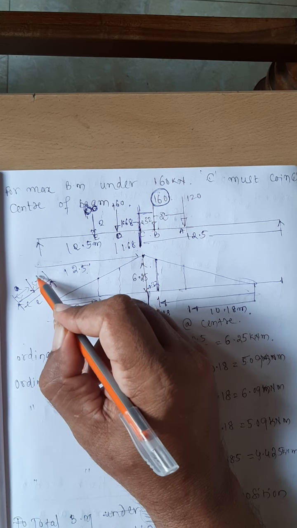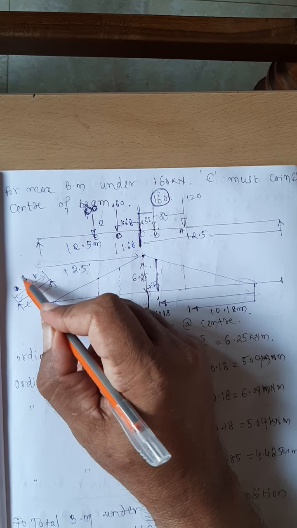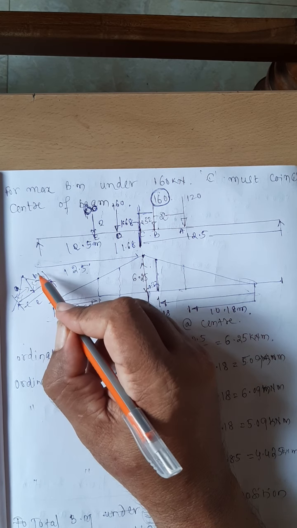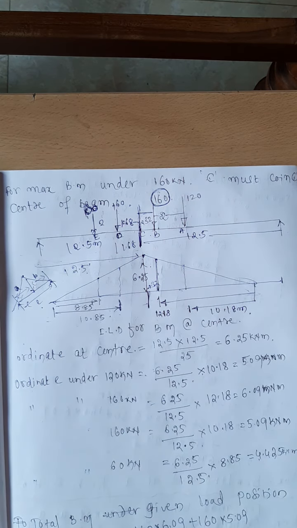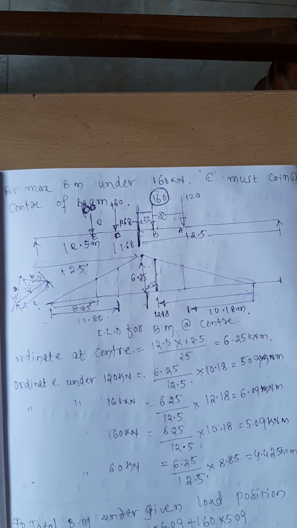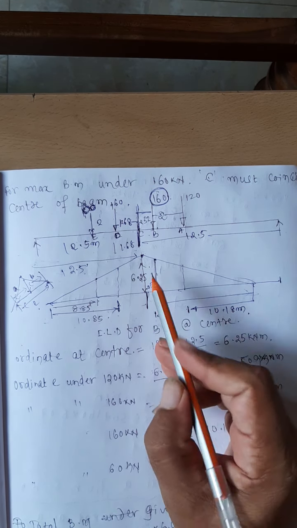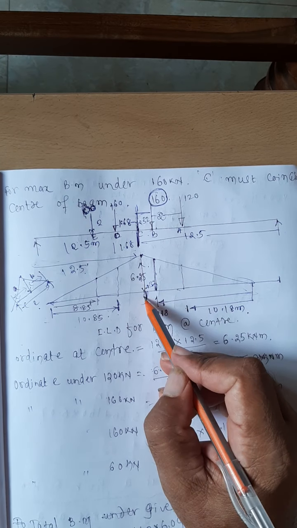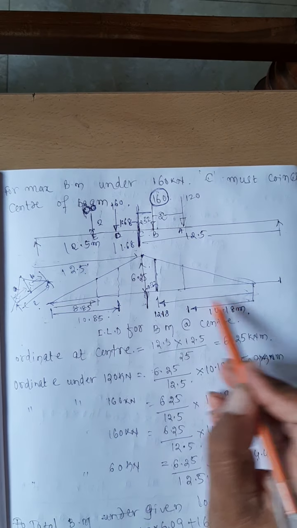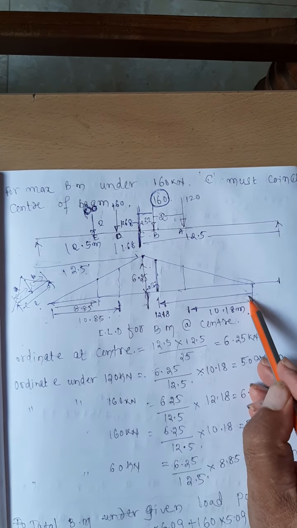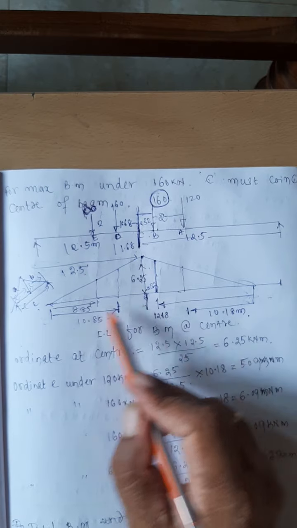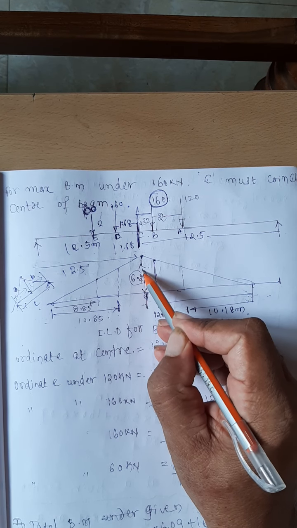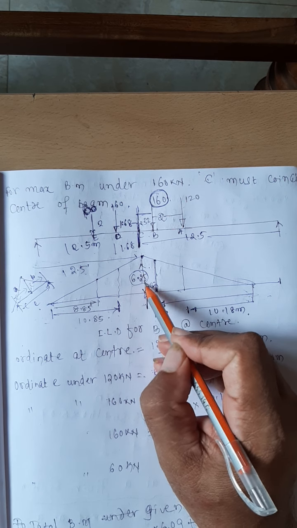from the other end, assuming the distance is B, what is the bending moment here? Yes, A into B divided by L. This has been explained in the previous class for the influence line diagram for bending moment at any section. The same thing I am doing here. I want the bending moment diagram here. First you calculate the bending moment ordinate here. That is 12.5 into 12.5 divided by 25. L by 2 into L by 2 divided by L. That comes out to be 12.5 into 12.5 divided by 25 is 6.25.